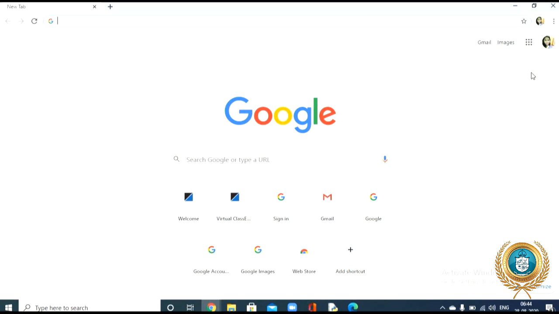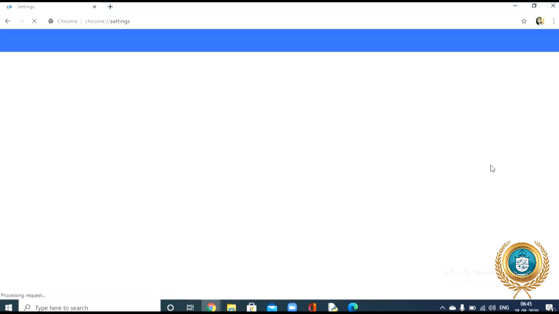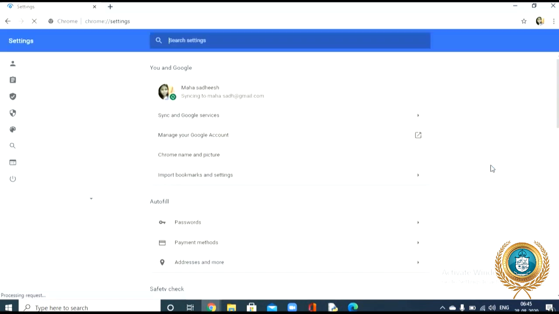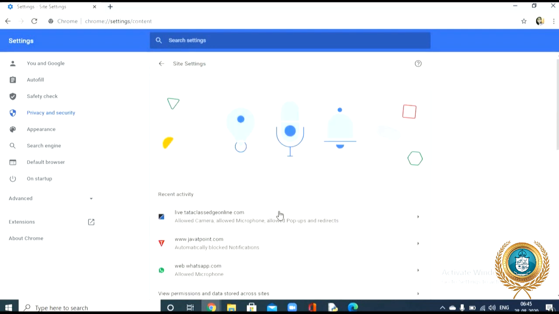On the right hand side, at the top right corner, the three dots are available. Click that. Go to settings. On the left hand side, the list is showing privacy and security settings. Then select site settings. Scroll down.